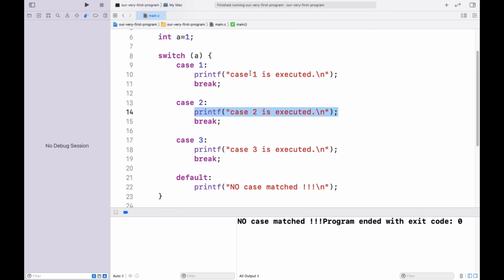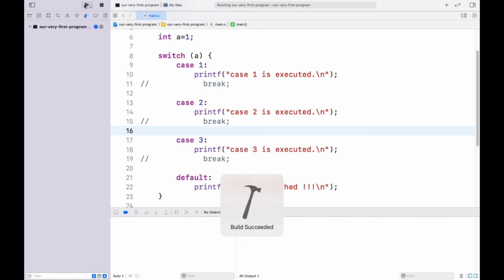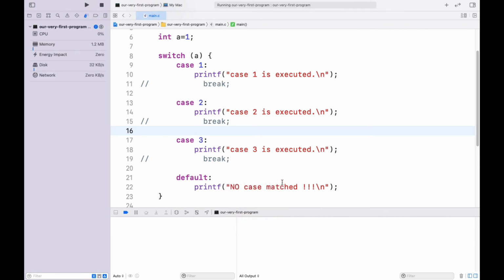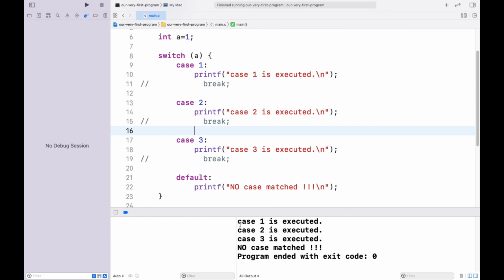So let's remove break from all these statements, or let's comment them out. So now we are not using break, and I am giving the value of 1 to A, and we should expect all the lines of code to be executed. So here you can see case 1 is executed, case 2, case 3, and no case matched.